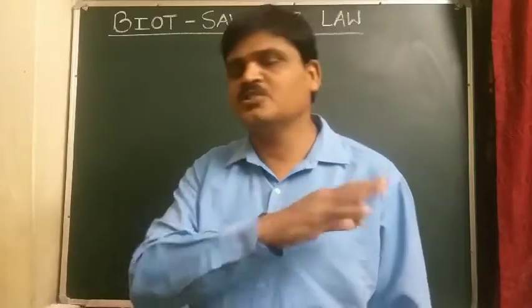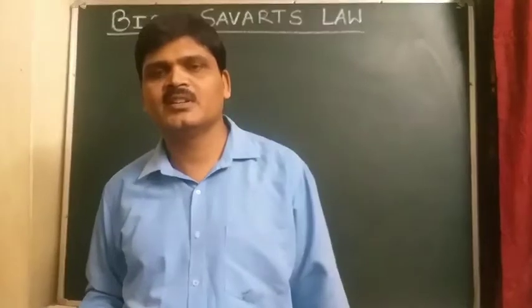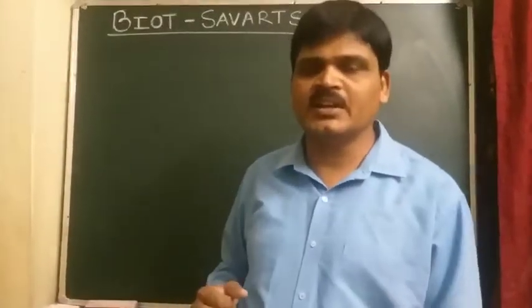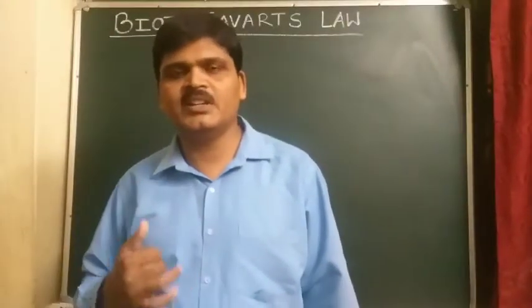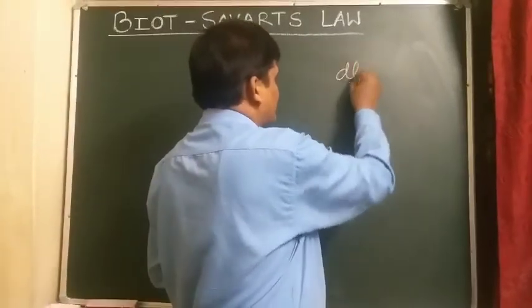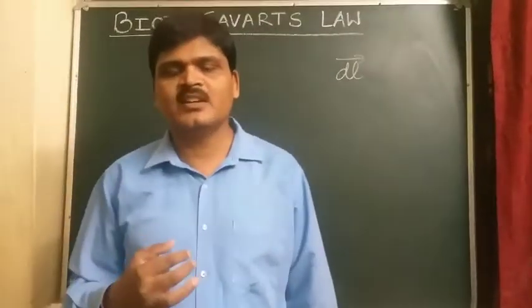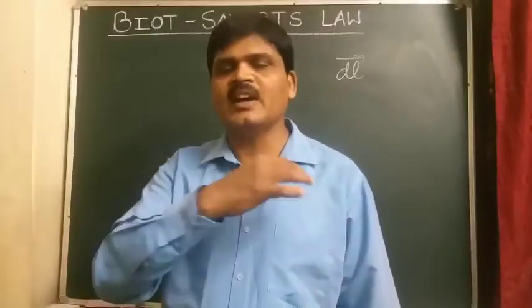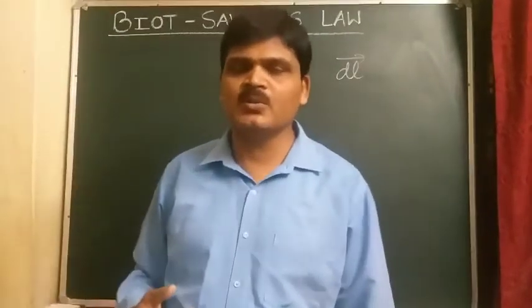And student, it is assumed that the contribution of this field is due to the different segments of the conductor called current elements, and a current element is a vector quantity. It is denoted by the letter dl vector, and its direction is tangent to the element, and the direction of the current element is in the direction of the flow of the current